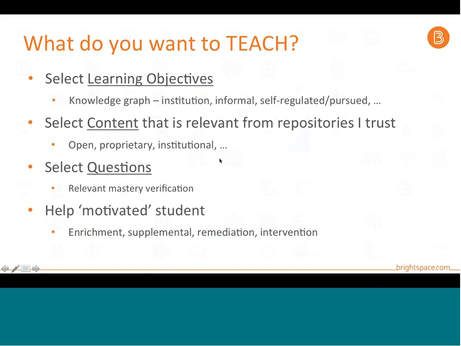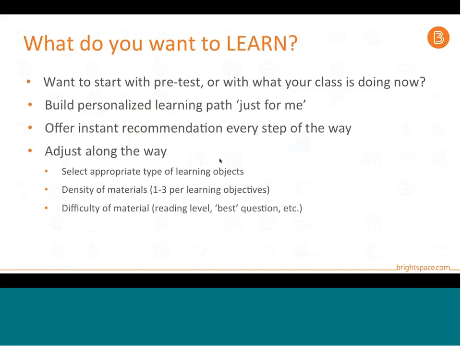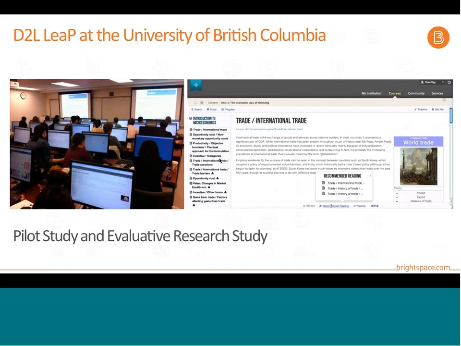So, a quick summary is that when you want to teach, you have to select your learning objectives, select the content and questions, and with that you can easily help what we call a motivated student. On the other hand, when we're aiming at the student, we can start with a pretest and help with a personalized learning path built for every student and adjust along the way. So now I'm handing it over to Drew. Drew, I hope